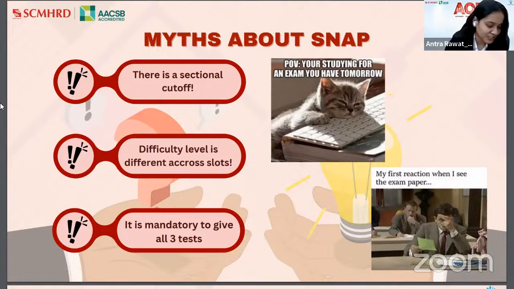There is one comment from Abhishek, who recommends giving all 3 slots because last year he just attempted one and it was very tough, and he wasted his whole year's preparation, which is something nobody wants. One more thing to add is that to get your dream college, it requires the best of the 3 attempts. If you take our advice, or maybe Abhishek's advice, we say to give all 3 attempts.